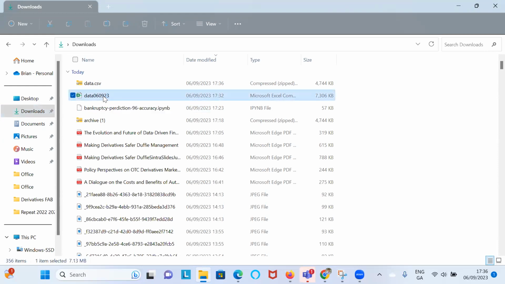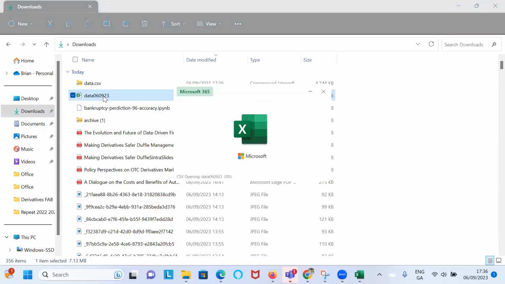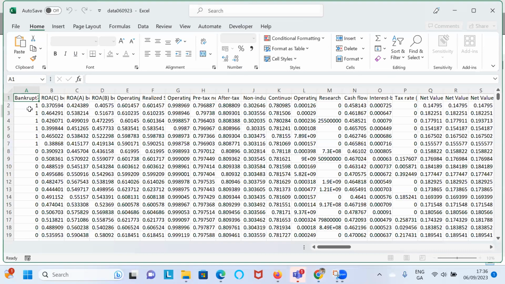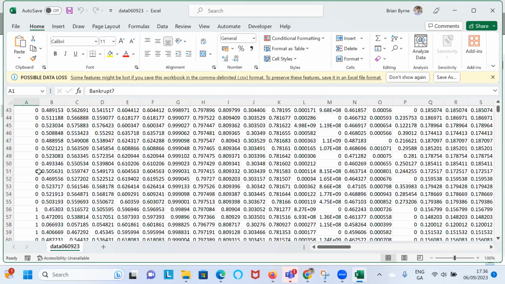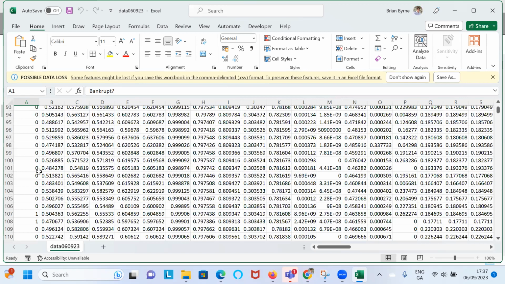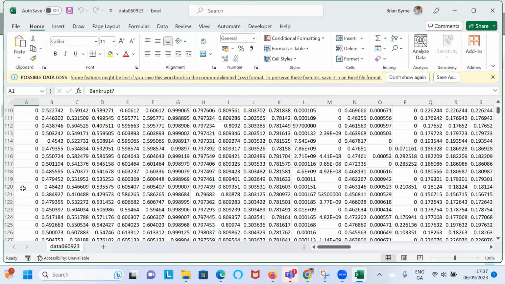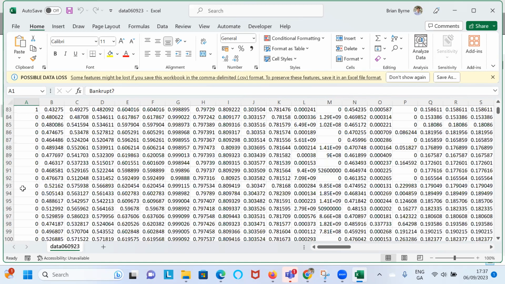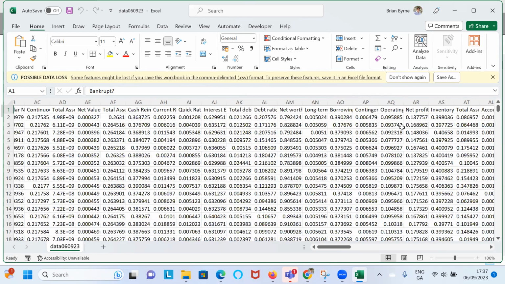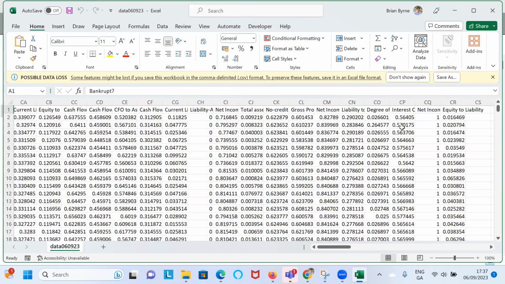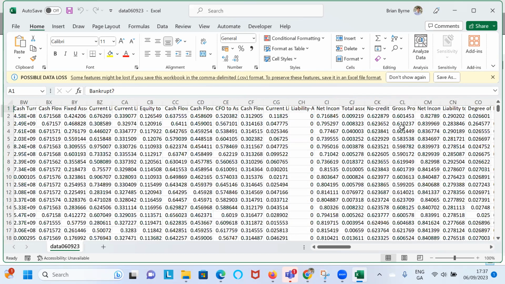We can take a look at the CSV file, and that'll give us a sense of the dimension. So bankruptcy is 1-0, 1 being bankrupt, 0 otherwise. Most of the time it's zeros because most of the time companies are not bankrupt. And then you can see a whole range of financial ratios as well.